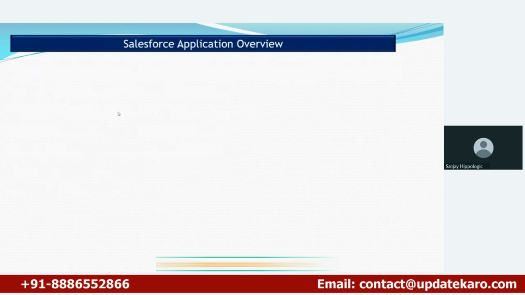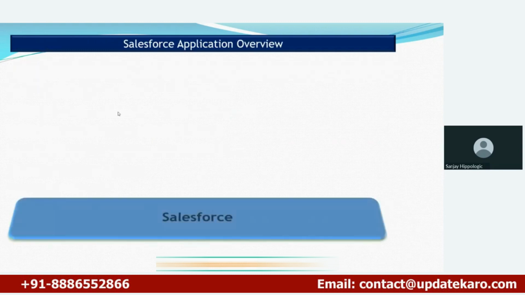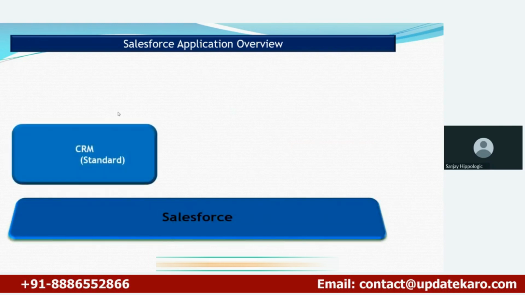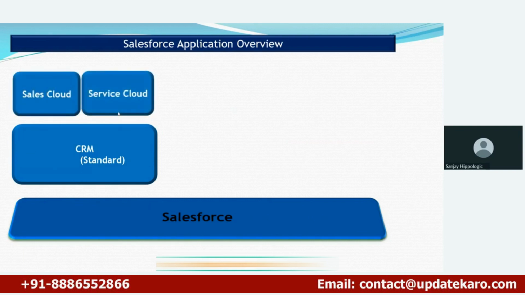Now, just to give you an overview of the Salesforce application. Let's say this is the entire platform of Salesforce. On the Salesforce platform, one part of it is the CRM. When we call it CRM, that means it's the standard applications that are by default available to you. Okay. So CRM is a customer relationship management tool. These are the standard applications that you get installed by default, predefined. Part of it are the Sales Cloud and Service Cloud. So these are all the different clouds. Clouds are nothing but applications that help your particular business line.